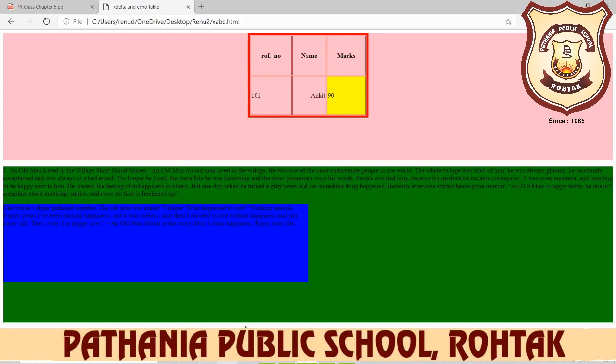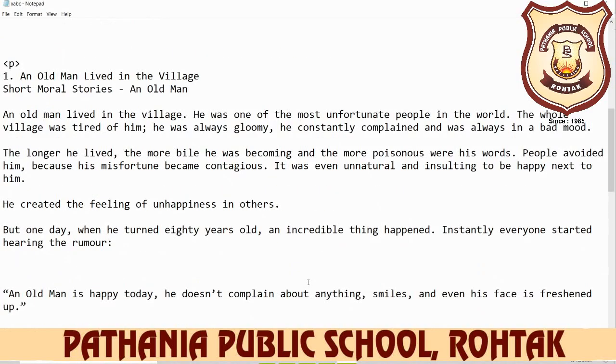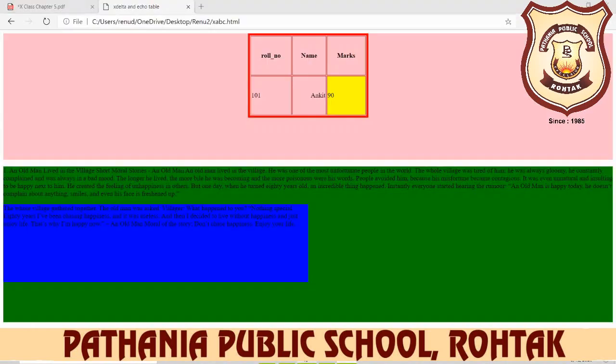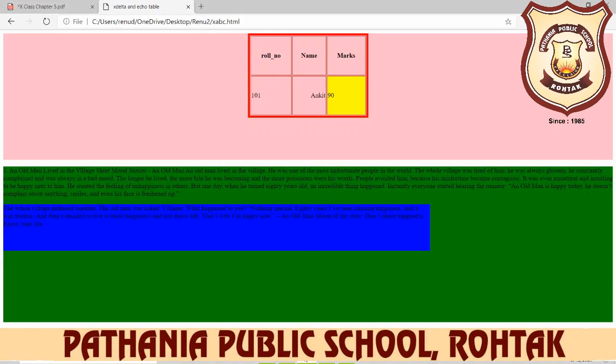And if you want to change the next one, I have already changed the height and width of this blue division, so again you open it and you change the height. For example I want my height at 30% and my width at 70%, then write it down here, now you save it, open your browser and refresh it here. So you see that